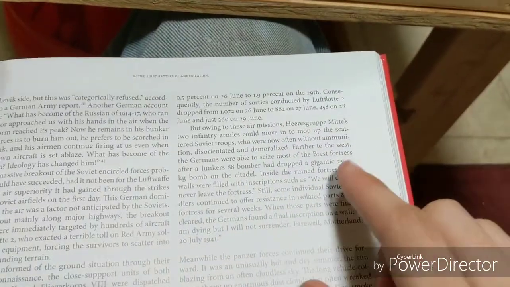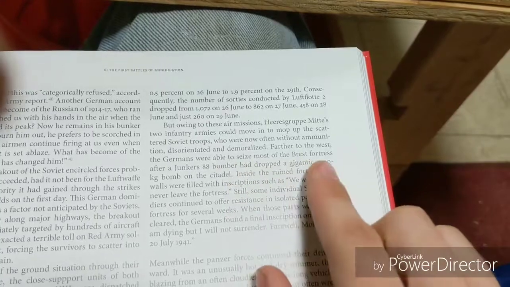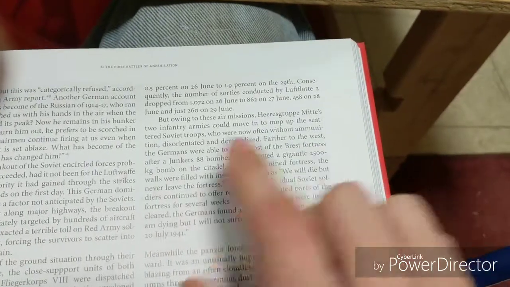We'll start here. Further to the west, the Germans were able to seize most of the Brest fortifications. I tried to find out where these fortifications were by reading a page, but I didn't. After the Euchre